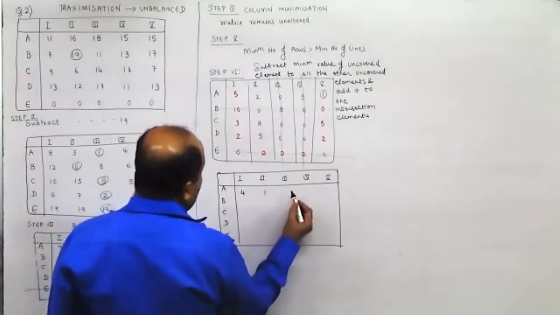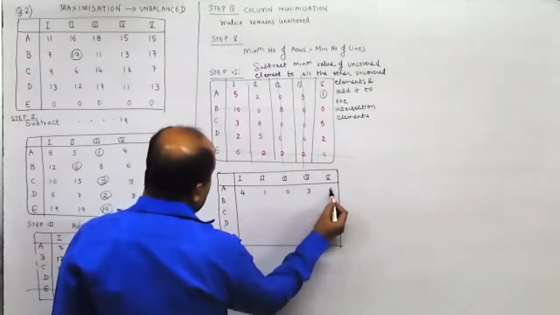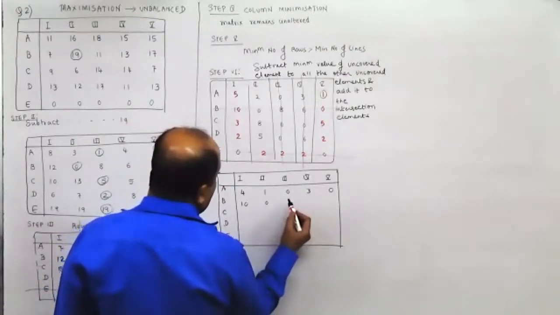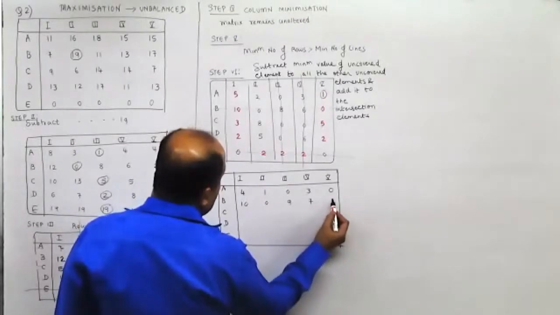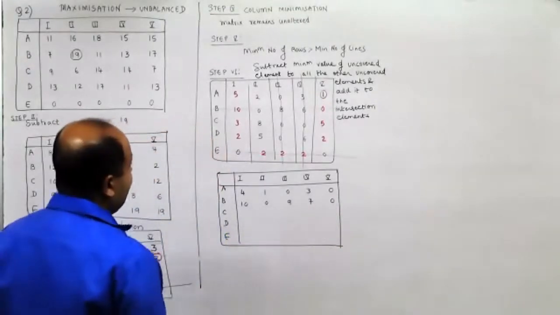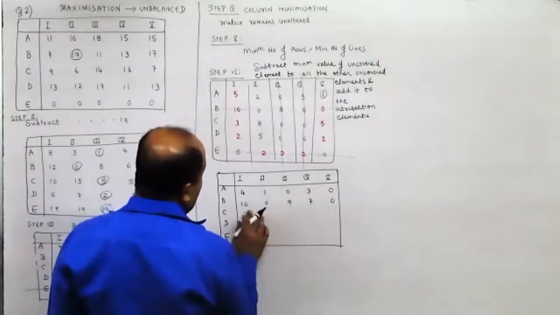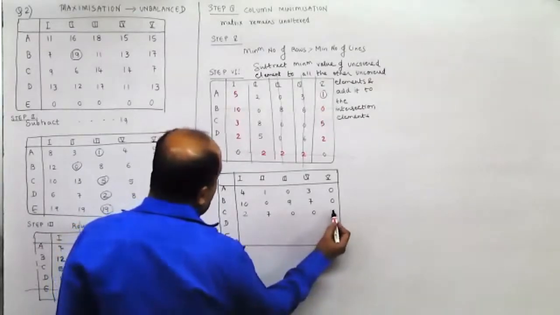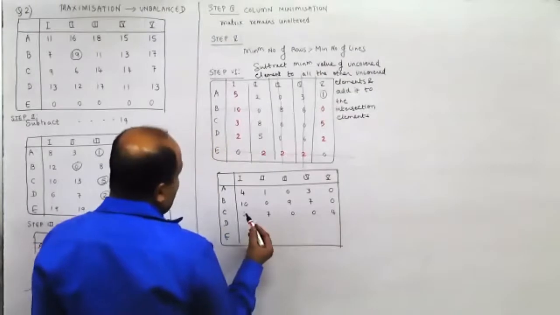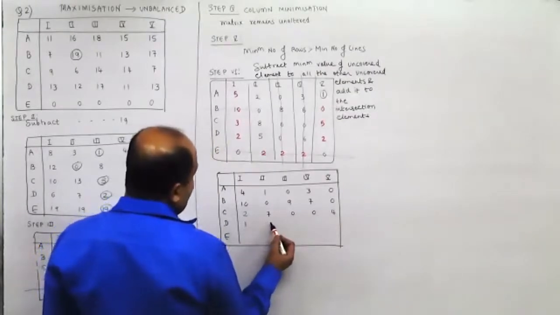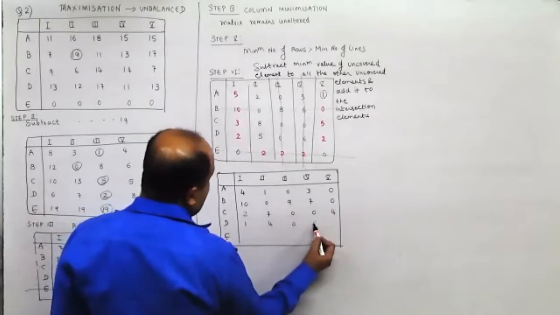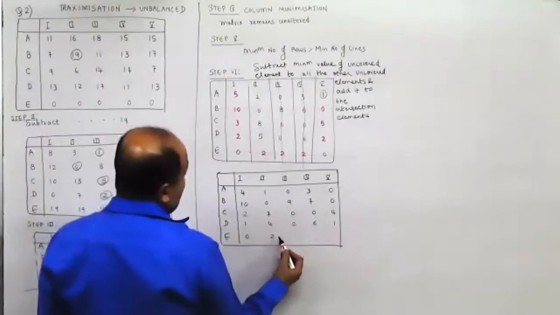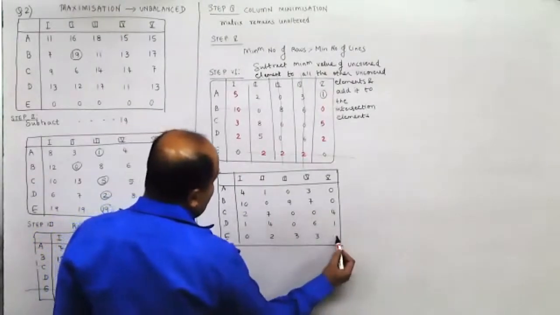4, this is 1, uncovered, this is covered, 0, this would be 10, 0, 8, this would be 8 plus 1, 9, 6 plus 1, 7, 0. Then this would be 3 minus 1, 2. This would be 3 minus 1, 2, 8 minus 1, 7, 0, 0, 5 minus 1 is 4. This is 2 minus 1 is 1. 5 minus 1 is 4. This is 0, 6. 2 minus 1 is 1. This would be 0, 2. 2 plus 1 is 3. 2 plus 1 is 3. And this is 0.